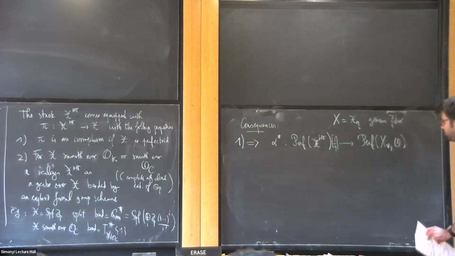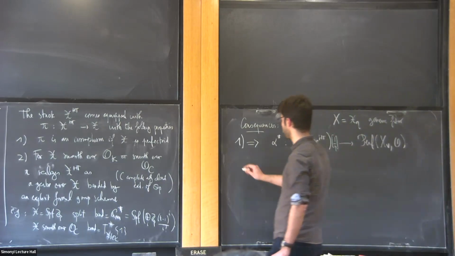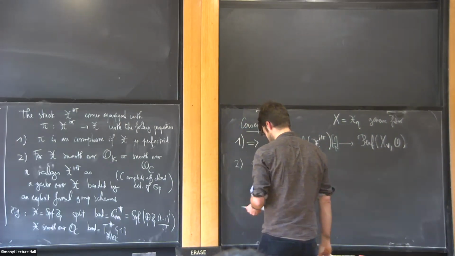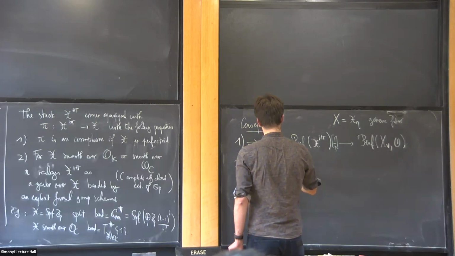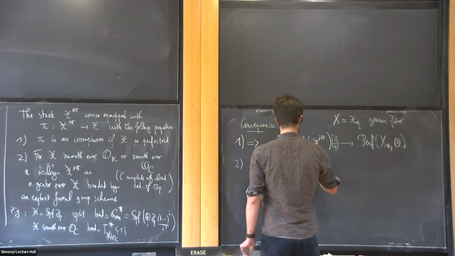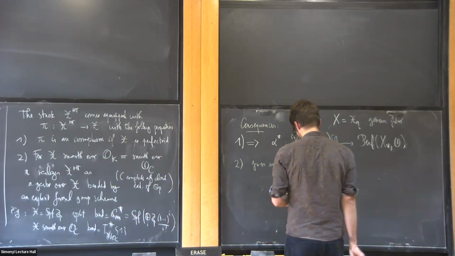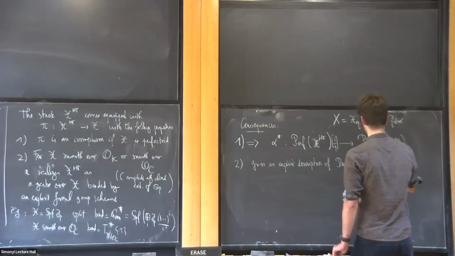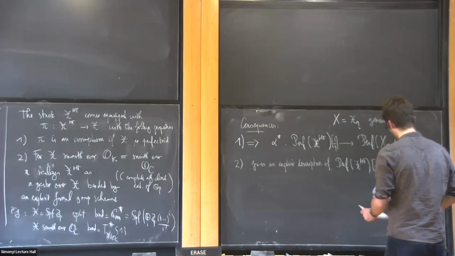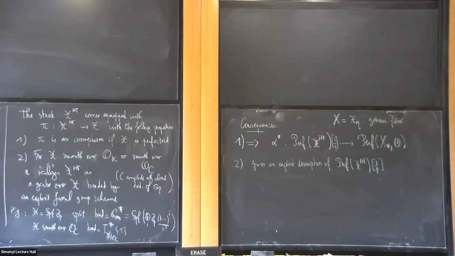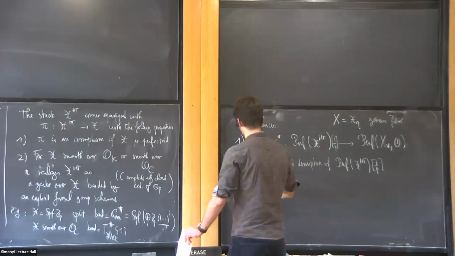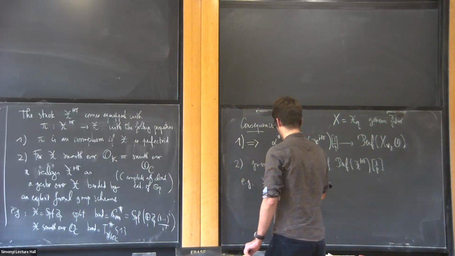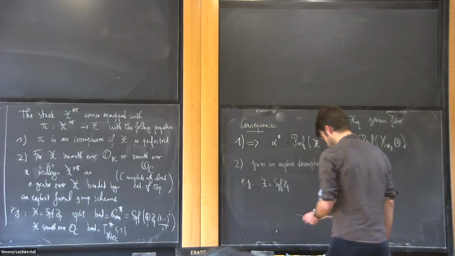And the advantage of point 2 is that it gives you, in good cases, an explicit description of the source category, so the isogeny category of perfect complexes on the Hodge stack, in terms of étale data on X. So again, let me just give the two examples I gave before. So when my formal scheme is just spf ZP, then